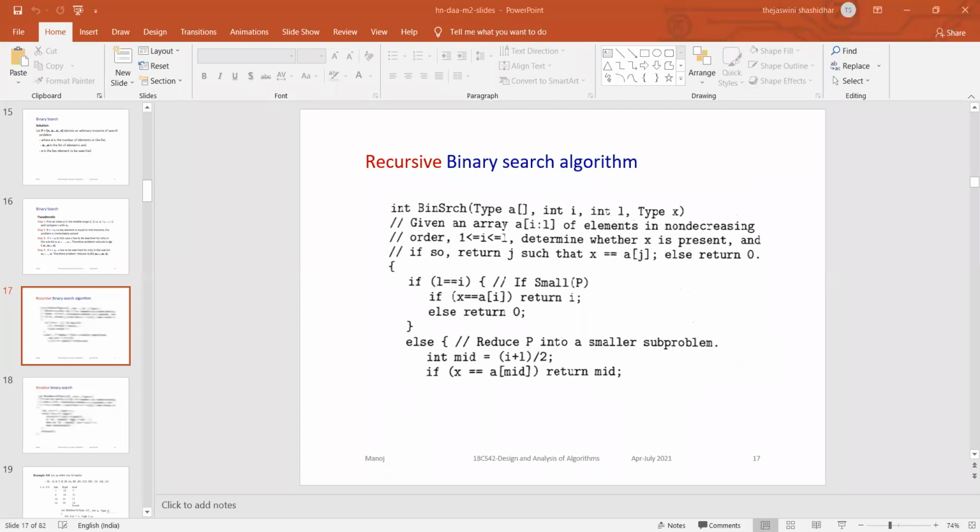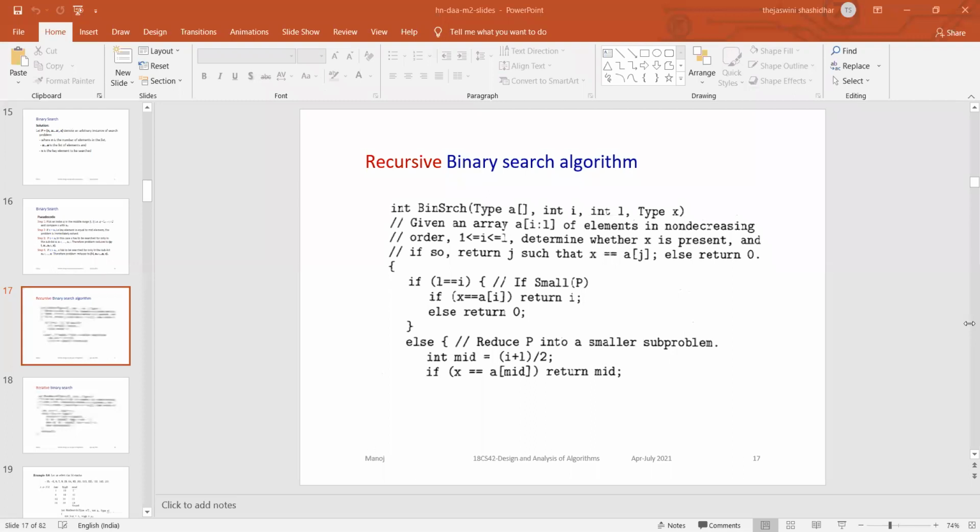If I is not equal to L, that means I is at one position and L is at another position, so in between many elements are there.